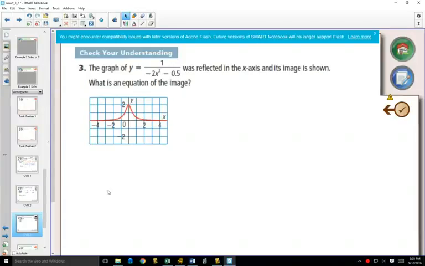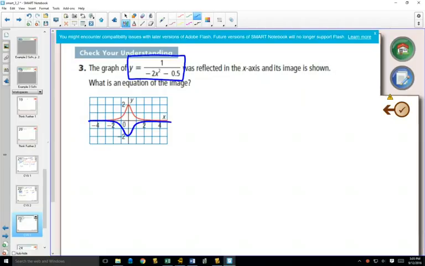The wording of this one really makes you think. It says the graph of y equals 1 over negative 2x squared minus 0.5 was reflected in the x-axis and its image is shown. So what they're saying is that this red graph does not match that equation. That red graph is the graph that results by taking the original graph, which you don't see, and reflecting it over the x-axis. So if this original graph were blue,